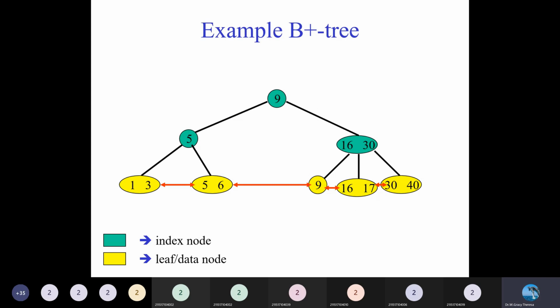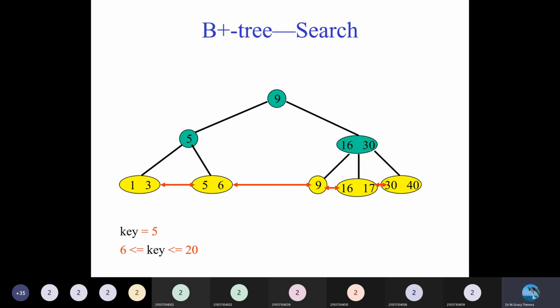So how is a tree constructed? After the construction, we have to search based on the key. These are key values of the file, so it is going to search the values based on the key. In between, what values are available? Between 6 and 20 it is going to search. A key coming between 6 and 20, such as 5, is the value, so it is going to search